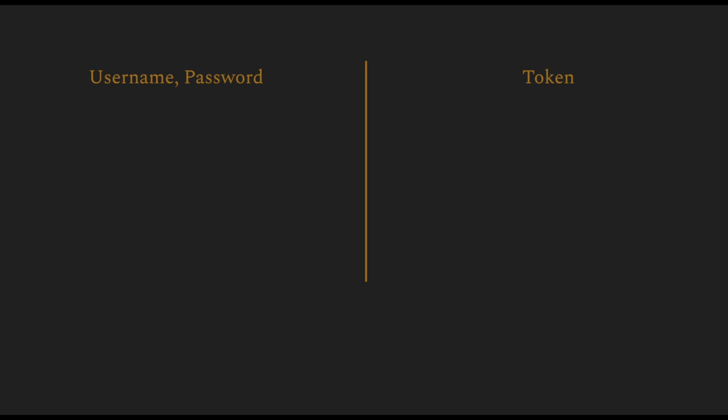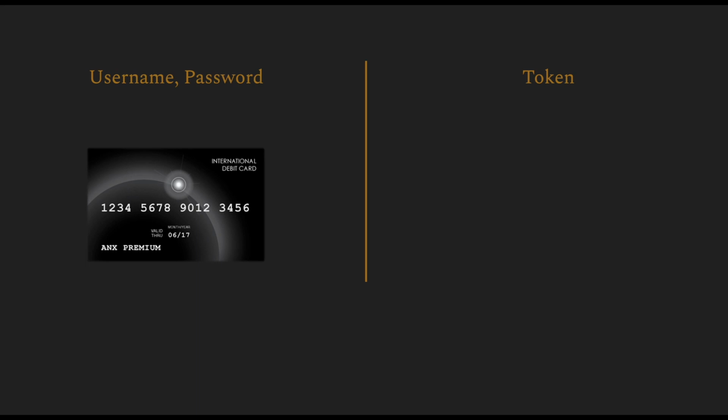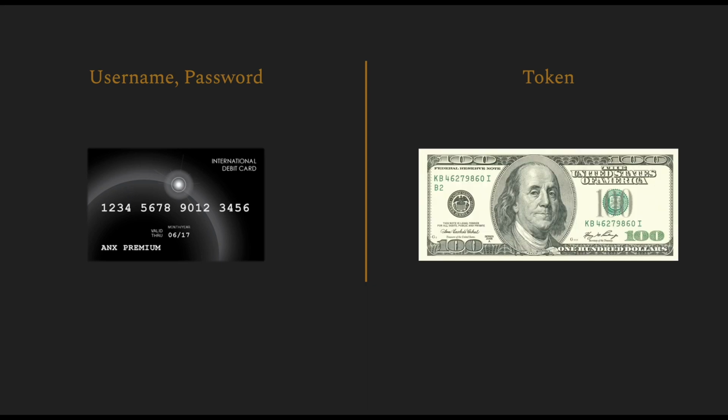Let's look at an example to understand the concept of a token. You can think of usernames and passwords as bank cards. Each card is associated with the customer, and technically only that customer can use the card for monetary transactions. A token, on the other hand, is like a currency note. A currency note has no specific meaning to specific users, and every note of a certain amount means the same whether it's used by the same customer who has the bank account or somebody else.